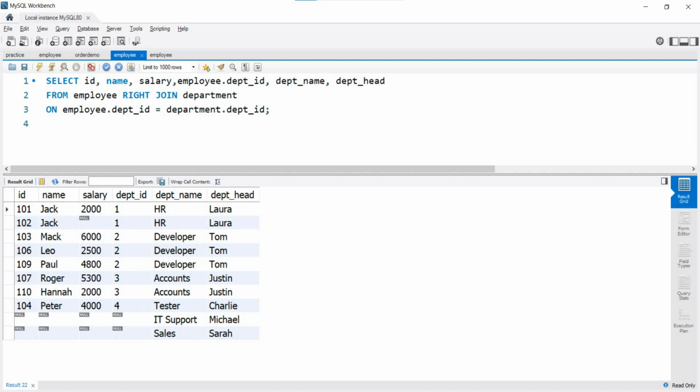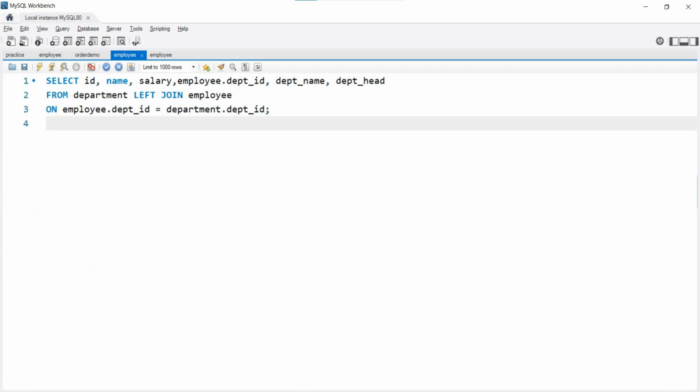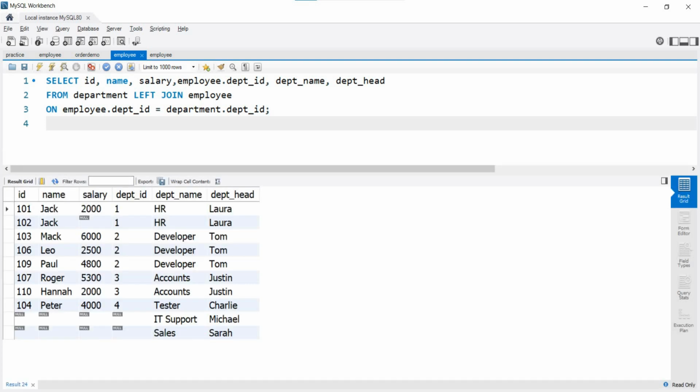And here I want to tell you one more thing: you can get the same result using the left join also. For this, we just have to swap the position of these two tables, something like this. Now our main table is the department table as we are using left join. When we execute this query, we will get the same output as before. So now the question is, if we can get the same result by just swapping the tables, then why do we use two different joins, left and right join?